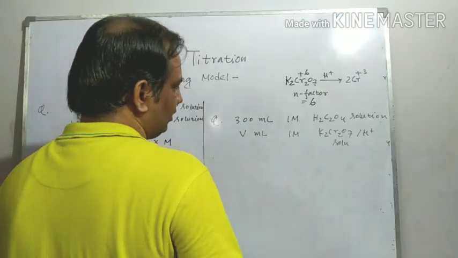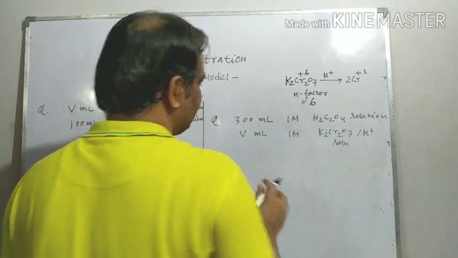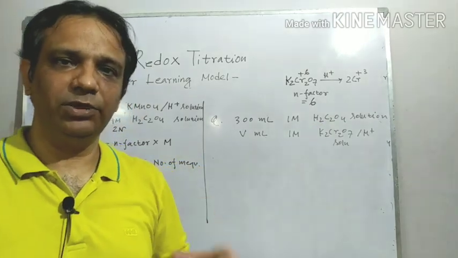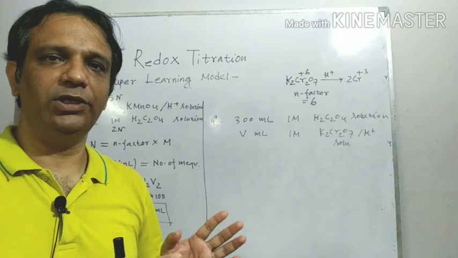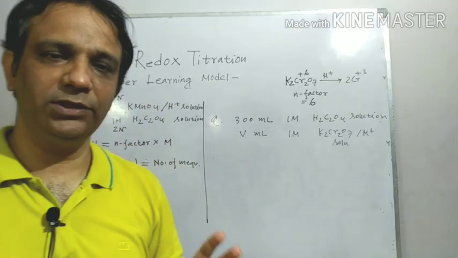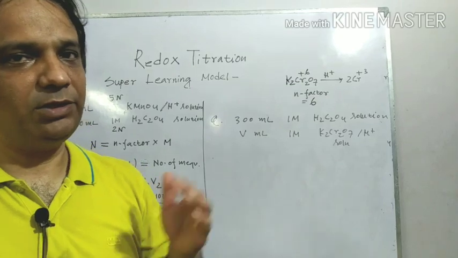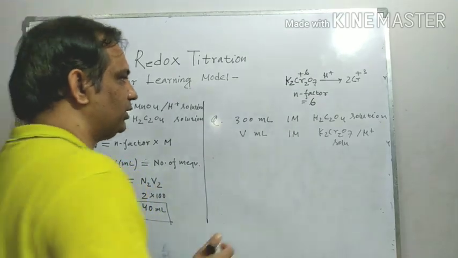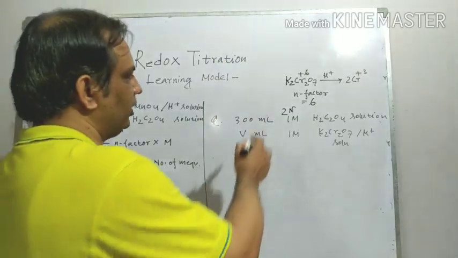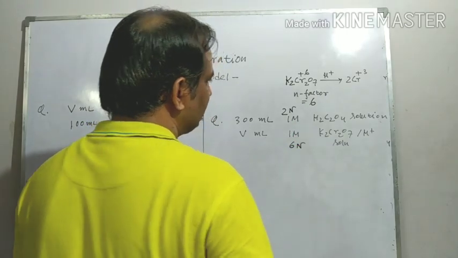Friends, here again you have to convert the molarity into normality. Here for the normality of oxalic acid, I am telling you one thing: the oxalate part will be converted to CO2. Remember, in case of KMnO4 in acidic medium or K2Cr2O7 in acidic medium, the oxalate part will be converted to CO2, for oxalic acid, or suppose any different oxalate salt is given, the oxalate part will be converted to CO2. So here again the N factor will be 2. So here the normality will be 2 normal, and here the normality will be 6 normal.